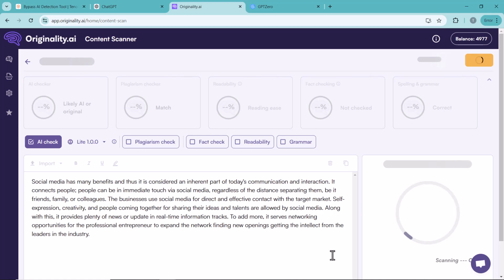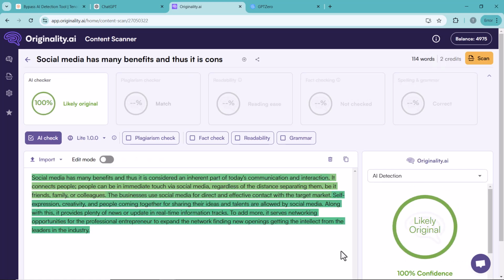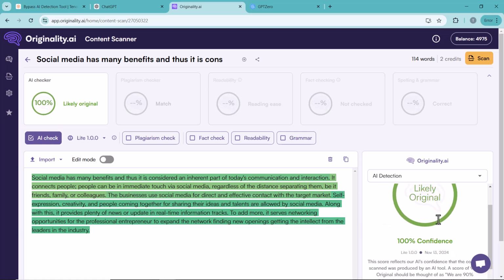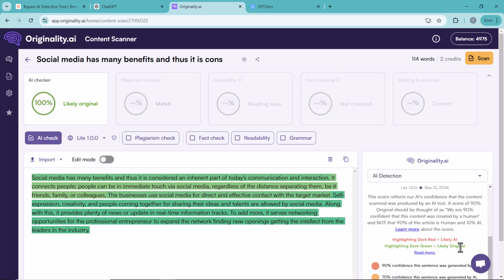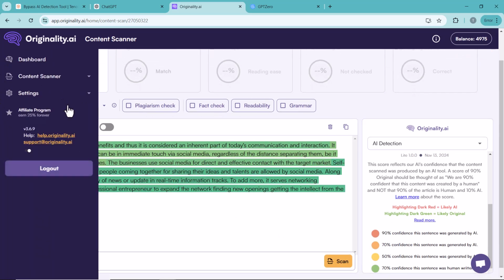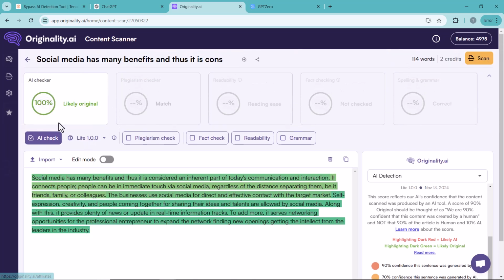And wait a minute here. And here you can see the result. 100% humanized content, no longer flagged as AI generated. As you can see, this platform is truly impressive. It effortlessly transforms AI generated text into natural human-like content, making it undetectable by even the most advanced AI detector.